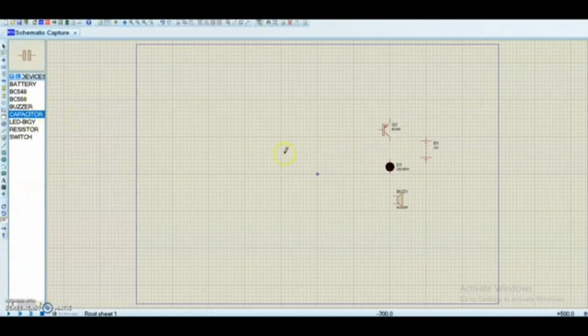The main idea for this is that when a raindrop or water touches the probe, it will complete the circuit and cause the buzzer to produce the sound. We connected a resistor. A resistor opposes the flow of current, and BC548 is an NPN type transistor.